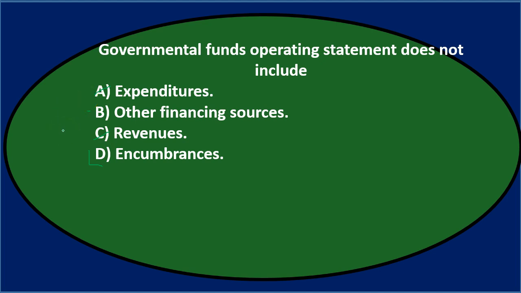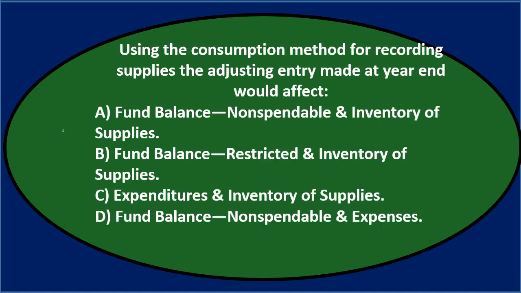So we don't typically record the encumbrances on the financial statements, although they might be on, say, the trial balance that has been recorded throughout the time period in the governmental funds, because they're on the modified accrual. Next question. Using the consumption method for recording supplies, the adjusting entry made at the end of the year